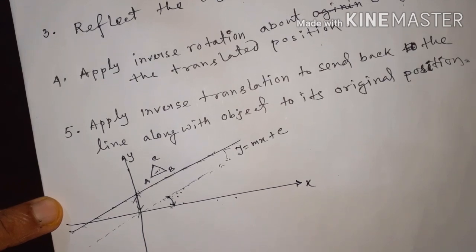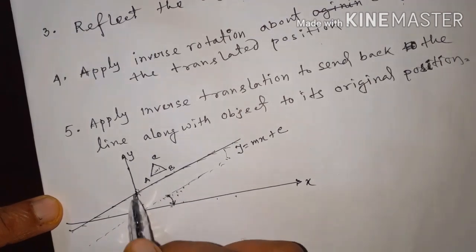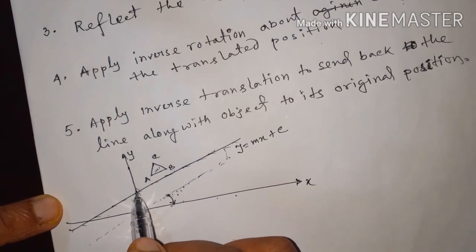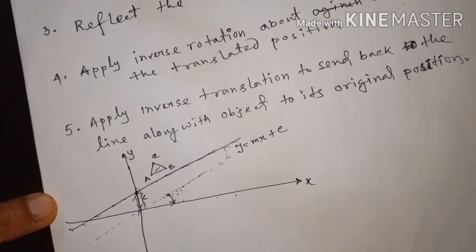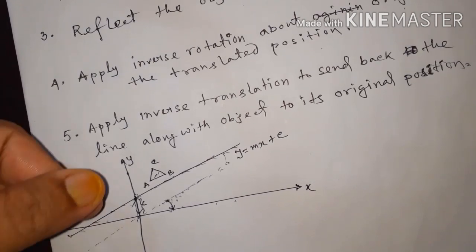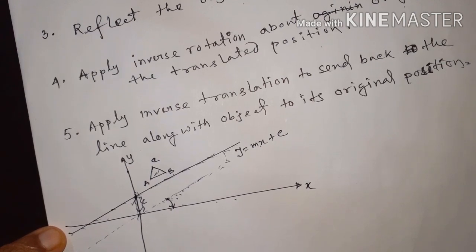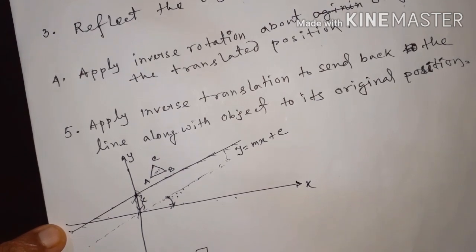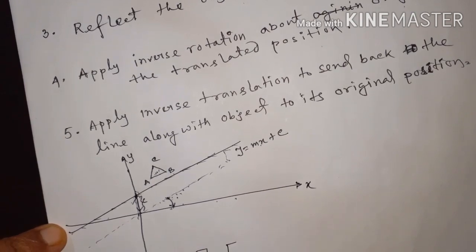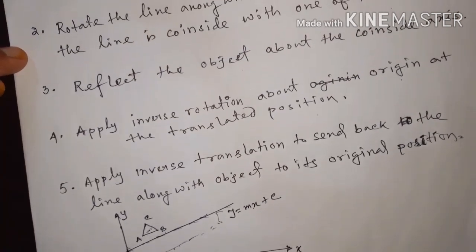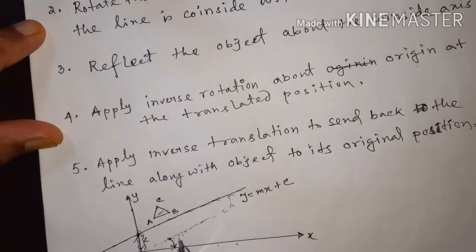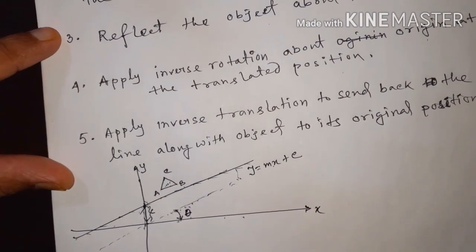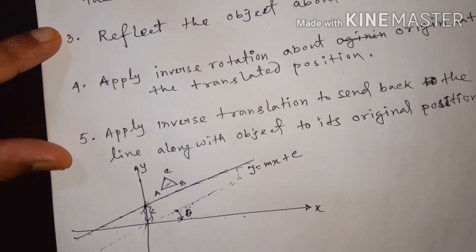translation, where tx equal to what is the value? y equal to mx plus c. If we put x equal to 0, y equal to c, so that c amount I have to translate. So tx equal to 0, ty equal to c, into rotation of the object. Now I rotate theta degree clockwise, so R of negative theta